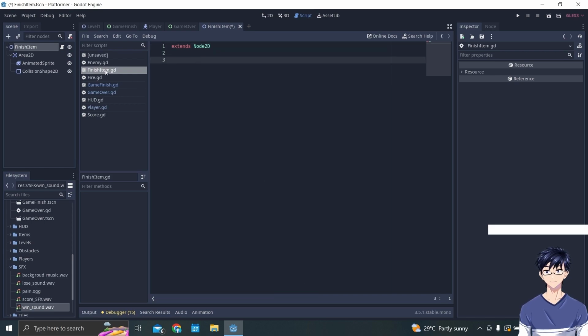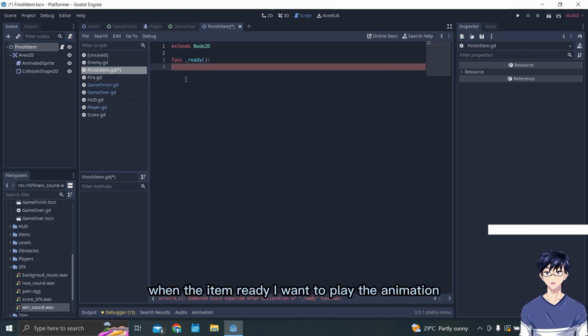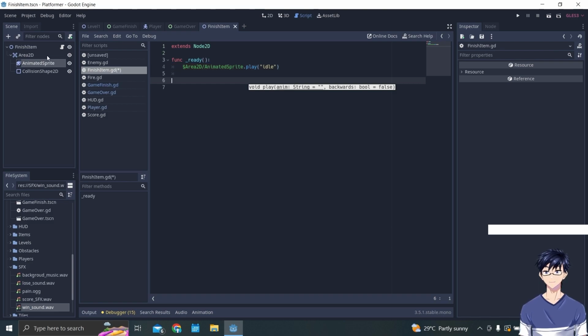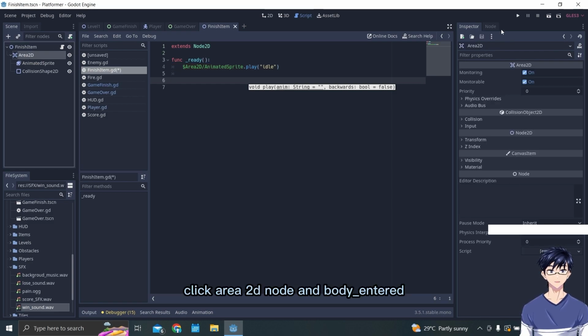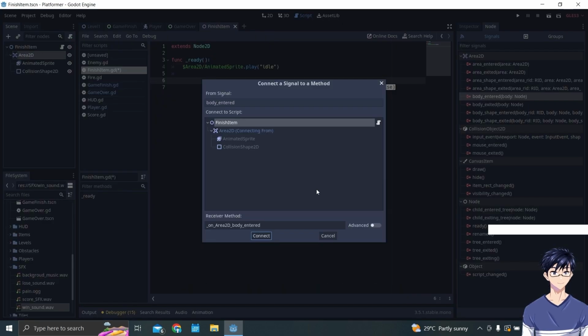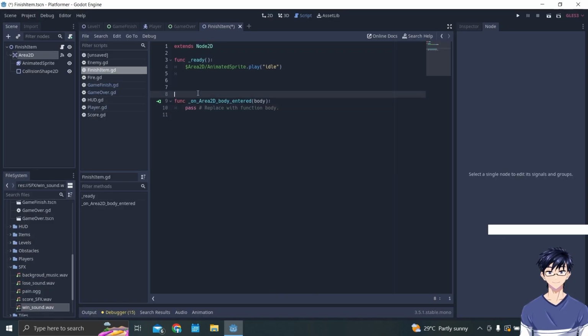Create function _ready. When the item is ready, I want to play the animation for idle. Okay, after that click the Area2D node and body entered, connect.